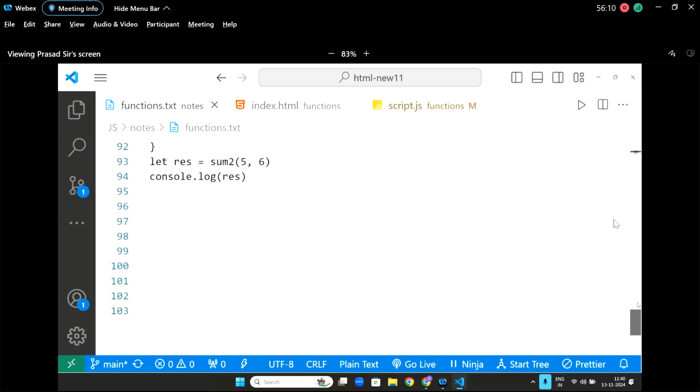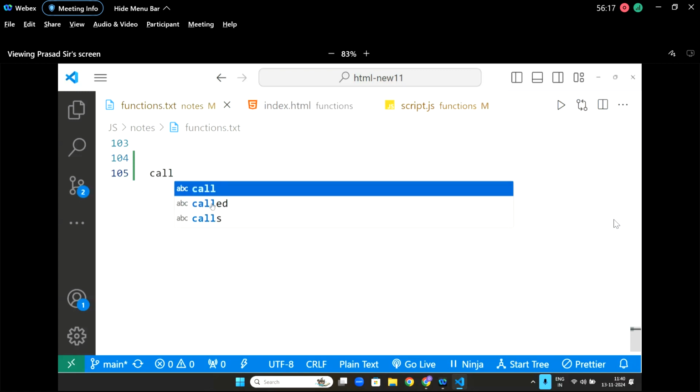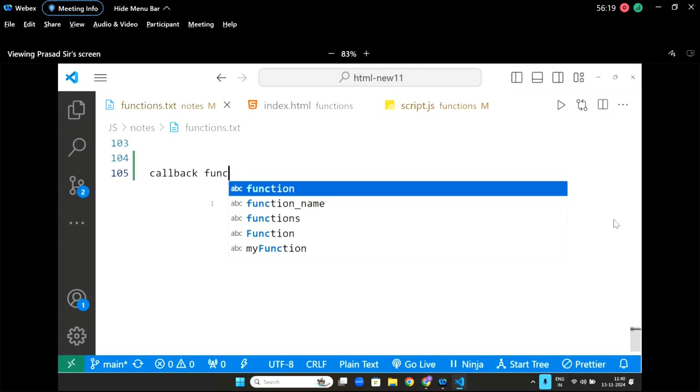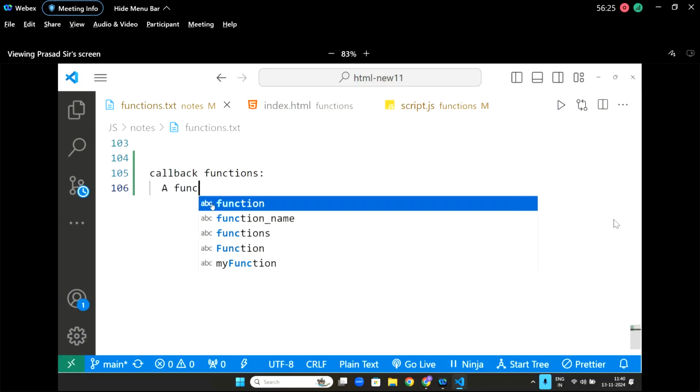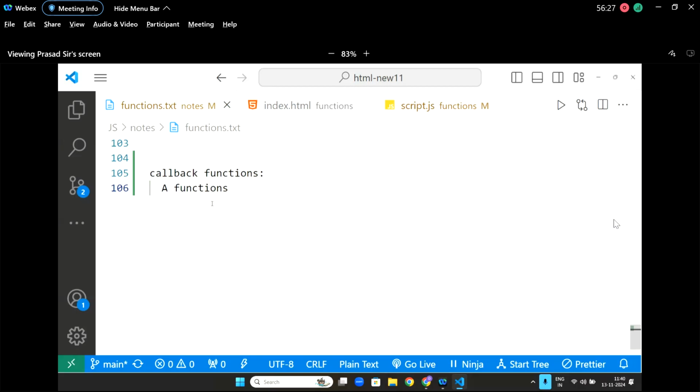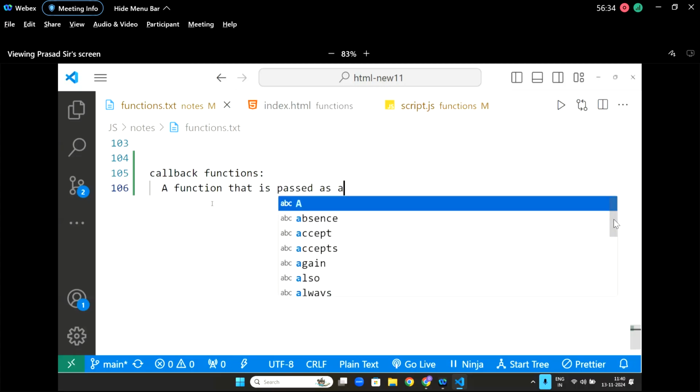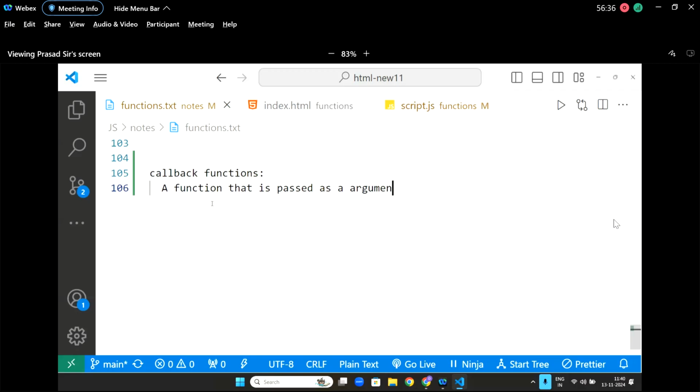No, let's write it then. So, callback functions: a function that is passed as an argument to another function,